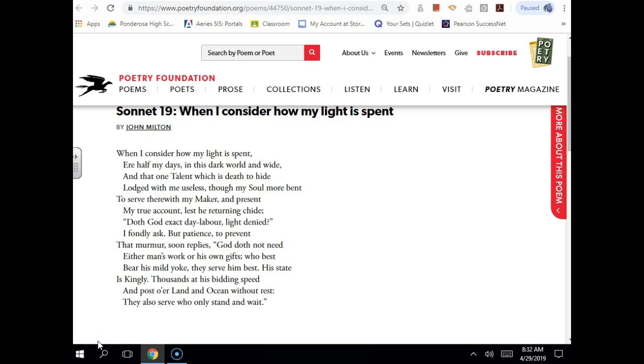Okay? So John Milton is your author from the Age of Enlightenment. So what that means is basically everything they wrote about was religious. Like everything had religious overtones. So he's writing questions to God here. Okay. Someone tell me what they think this one is. Nathan? Why do you think it's Italian? I think it's a lot of the structure. Okay.